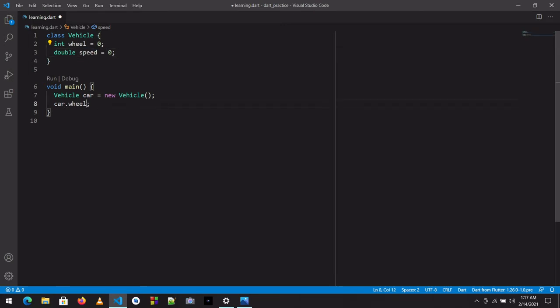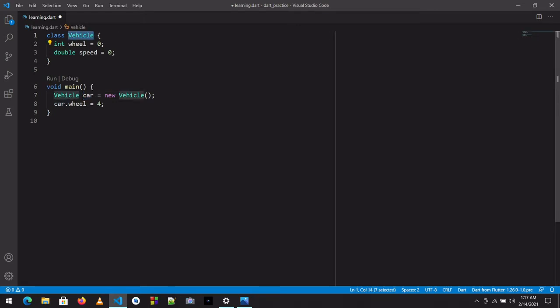Now I have to change this wheel to the number of wheels a car has. So I have car dot wheel, and I change it to 4. So now car dot wheel has value 4 for this car object, because I have made an instance of this Vehicle class.